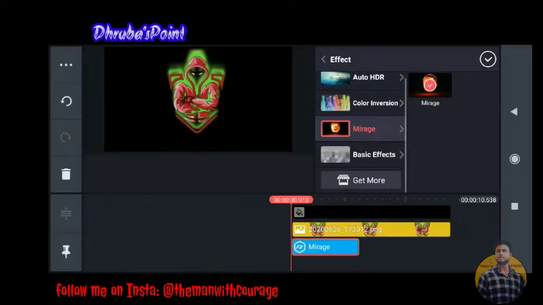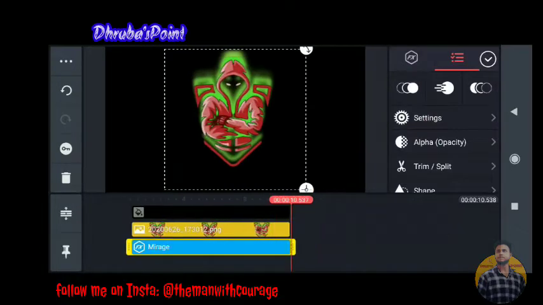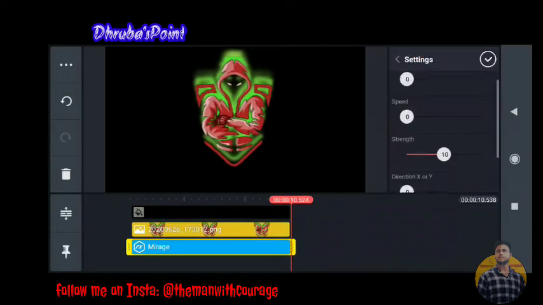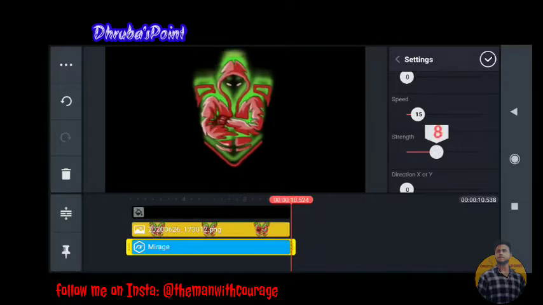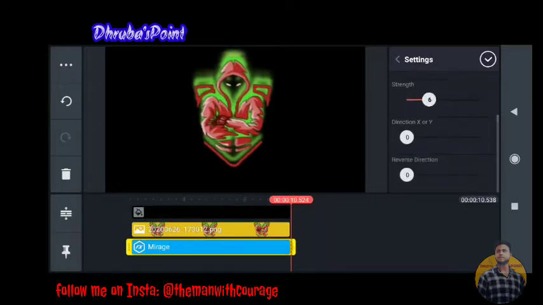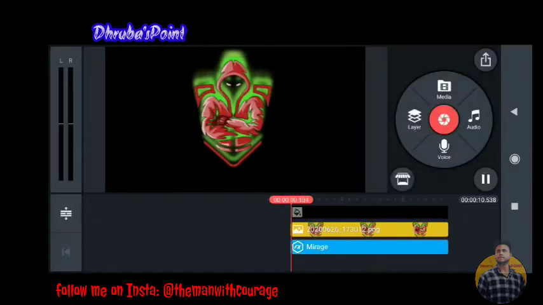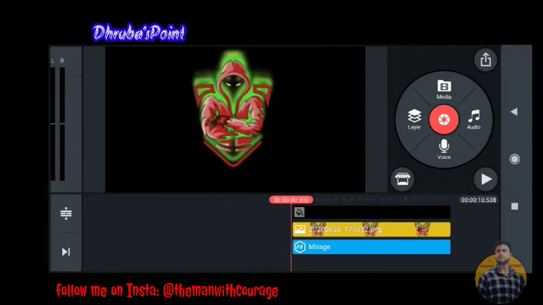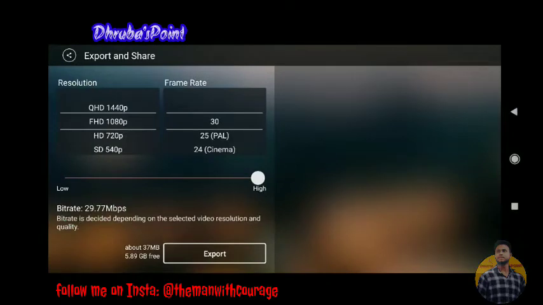Set the duration and make it full screen, then go to settings and set speed up to 15, strength up to 6, and direction of X or Y up to 1. Let's take a preview guys. Save it, go to this option and export it.